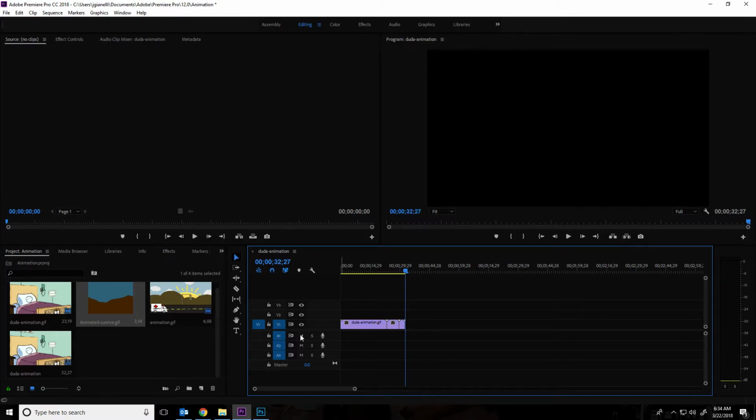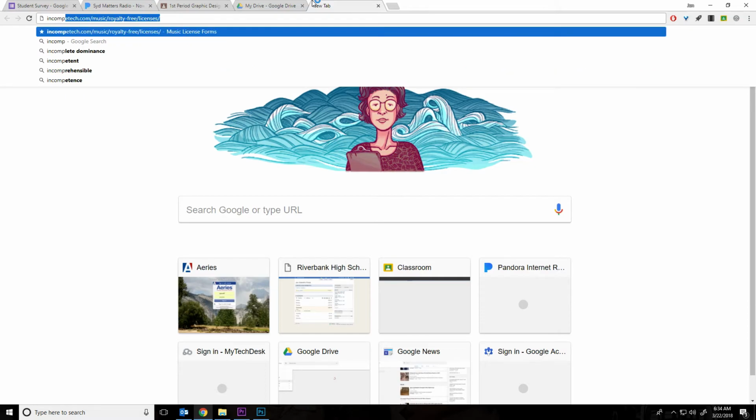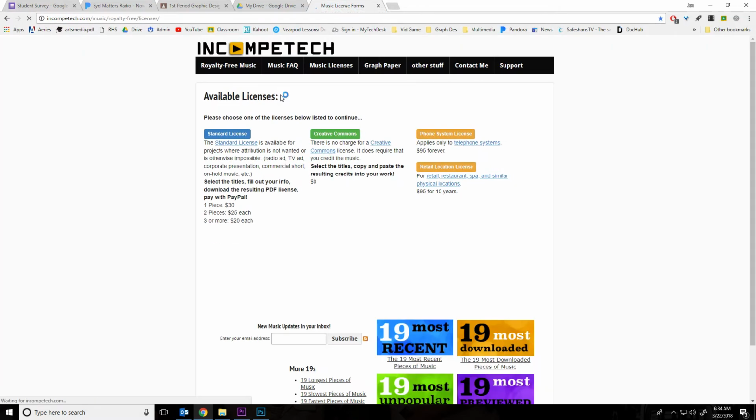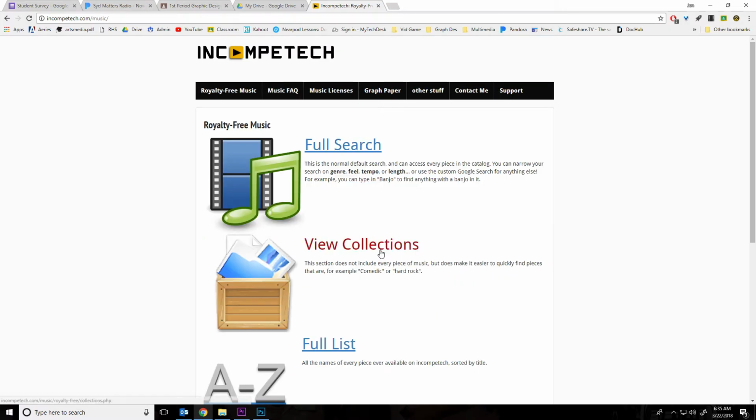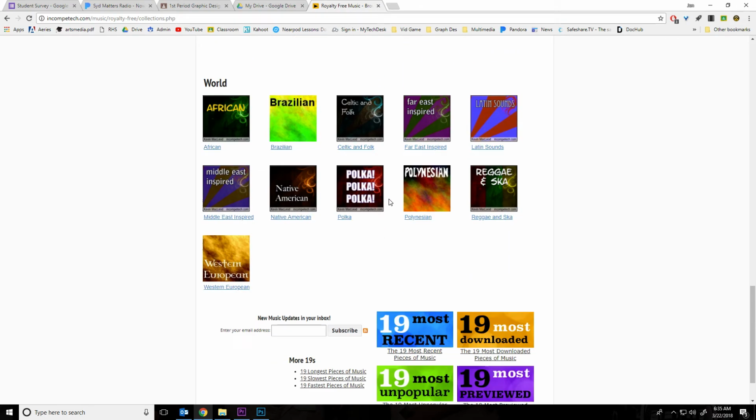You're also going to be able to add some music down here. This is where the video tracks go. This is where the audio tracks go. So if you can find some sound clips, there's a website called Incompetech that is really good for finding royalty-free music. Just click on royalty-free music and view collections at incompetech.com, and there's all sorts of great royalty-free stuff that